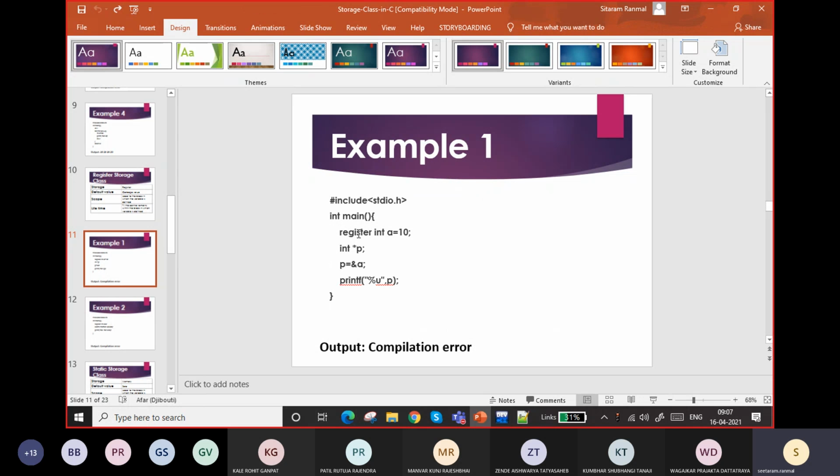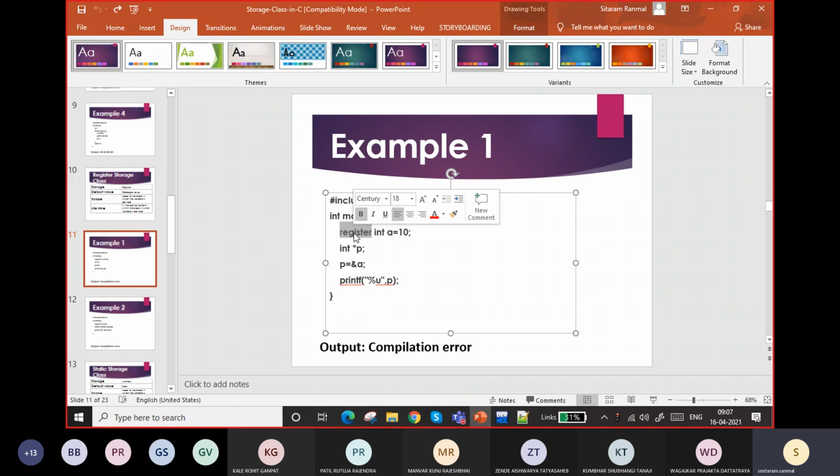And the second thing is, registers are fast. If you require some binary number like 10 and you want to access it again and again, you can define it as a register. Your computer program will become faster that way. So you can think of this variable as faster to access.